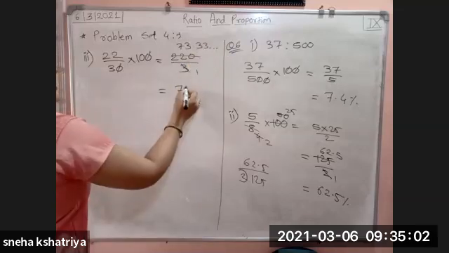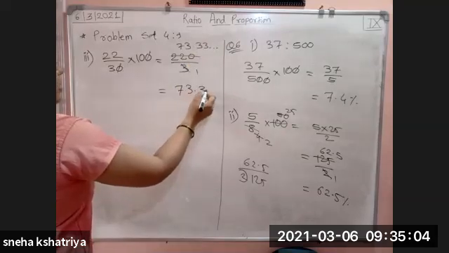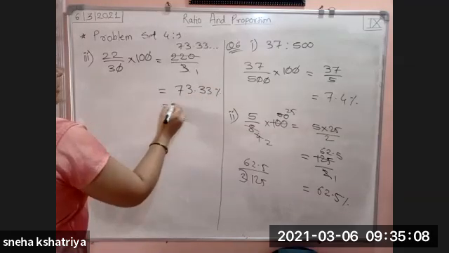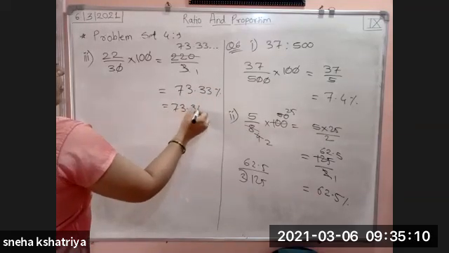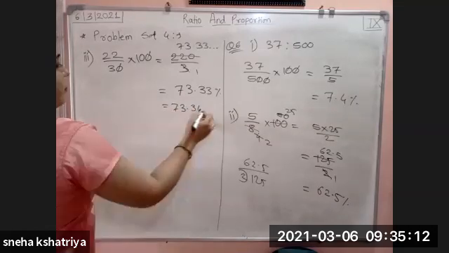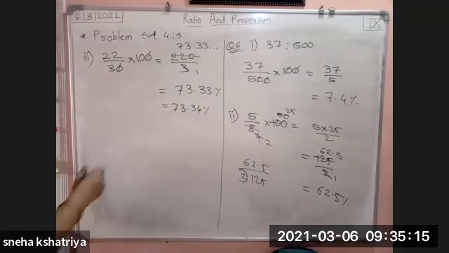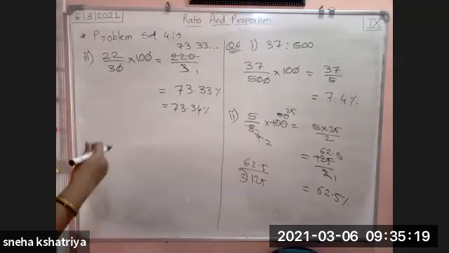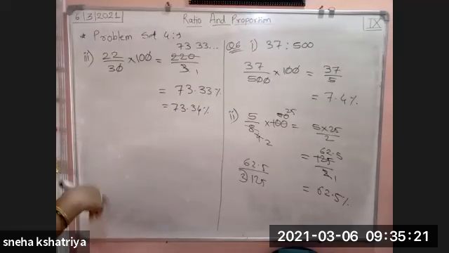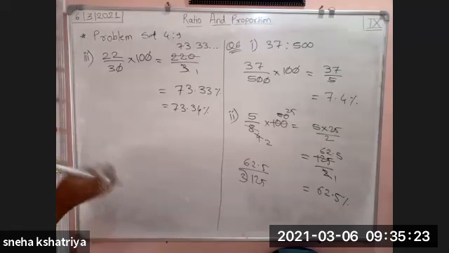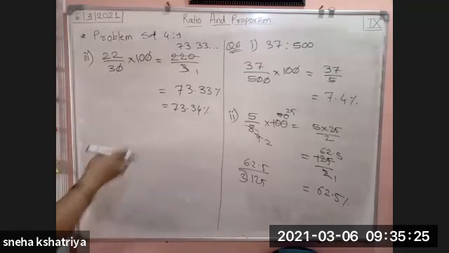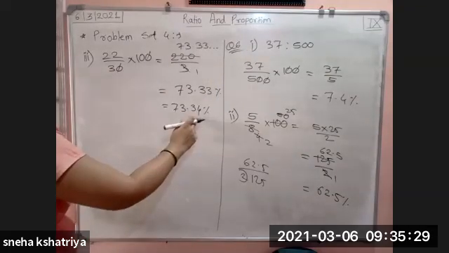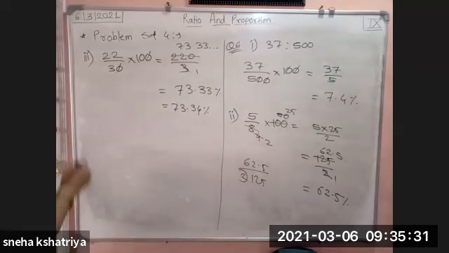Okay. So the answer will be 73.33%, where this 3 is recurring. So make a round figure, it will become 73.34%. Because this 3 is going to repeat again and again: 3 3s are 9, 1 remains, again 10. Again 1 remains, 10. So this 3 will occur continuously. To round that up, we will make it 73.34%.